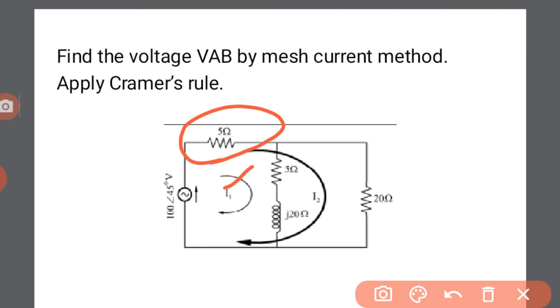After that, VR is equal to the current I1 times the resistance value R. So in any branch, we have to find the voltage drop across each branch. Corresponding to that, we have to find the current value, based on the loop equations, either I1 or I2 or more. We have to select the I1, I2 currents. After that, we have to draw the voltage drop, that is, we have to find the voltage drop across each element.